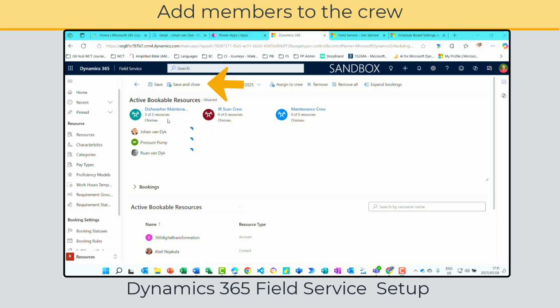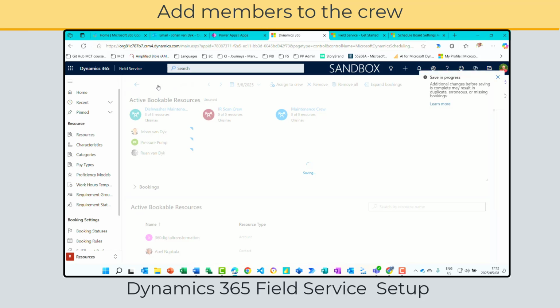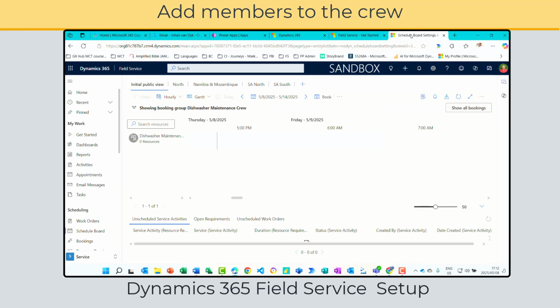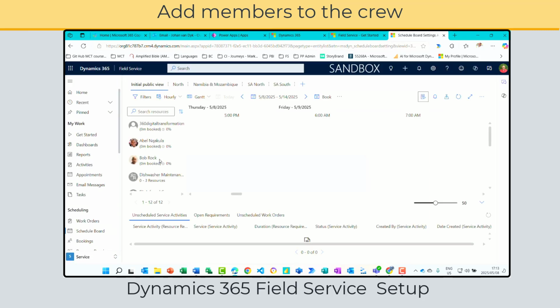Now, once I've done the assignment, I then click on Save at the top. It saves the resources there as part of that crew. And when I click through to the schedule board and refresh it, you'll see for today, 8th of May,